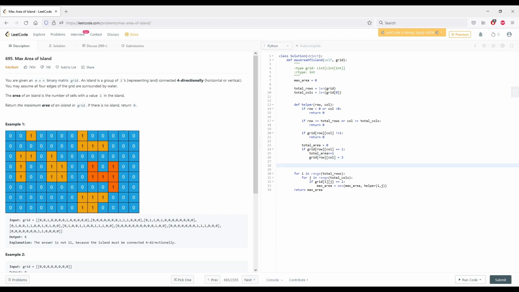And then finally, total area is going to be equal to, I'm going to call this function 4 times for each direction, up, down, left, right. So this is going to count as left. And right. And up